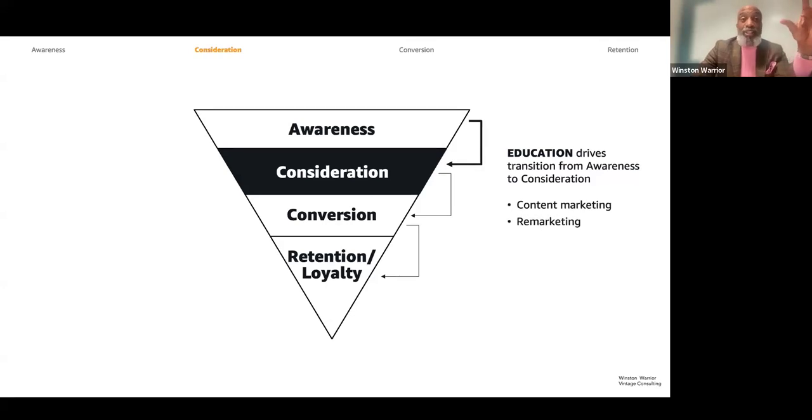Remarketing, that's a tactic that you can use online when people are searching, for instance, I'm looking for a consultant in Atlanta and your ad pops up versus another ad that could be coming. And that's a remarketing thing that you can do on digital. And then, of course, with social, third-party endorsements are really big, right? Because word of mouth is big and social media is big now. So if someone who's an influencer can say, yeah, I used her consulting company because it was great, or, yeah, I used their services because they were great, that gives a lot of social cachet that you can use in order to raise that awareness, right? And raise that consideration set, right?